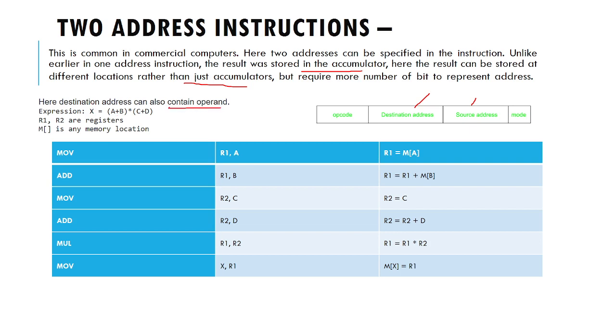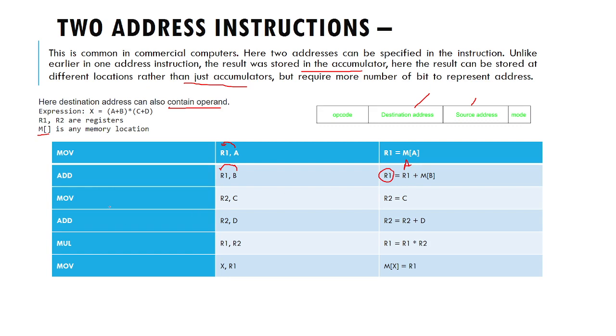So move A into R1. R1 and R2 are registers and this M is the memory location. We are moving this operand to the register R1. Next, add B. Add B means B is added with R1. R1 already contains operand A, and we just added B to R1. After adding, the result is stored in R1. ঠিক আছে, নেক্সট